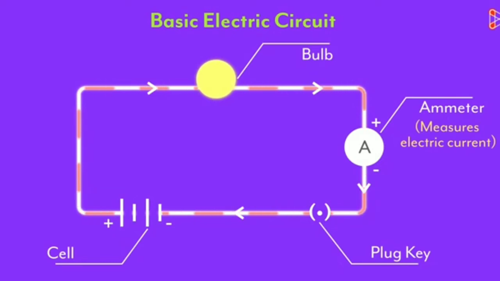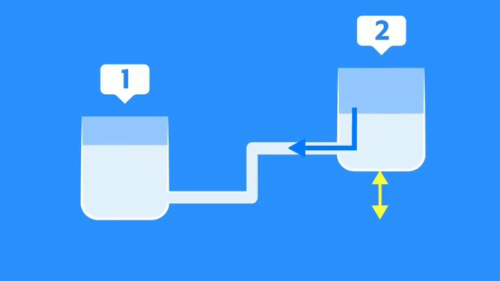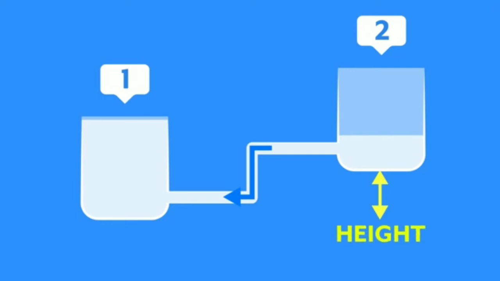Now, we can consider two beakers containing equal amount of water. Can we make water flow from one beaker to another through the pipe? It is very easy. We can raise the height of beaker 2 so that water flows from beaker 2 to beaker 1. What actually happened here? What was the factor that made the water to flow? In symbol, it's the height. Influence of gravity and pressure can also be said here.